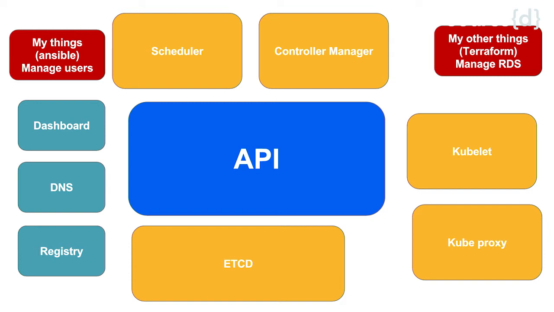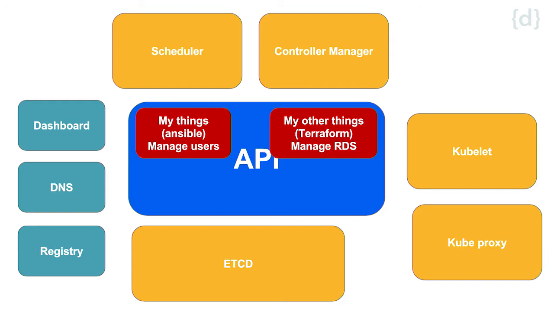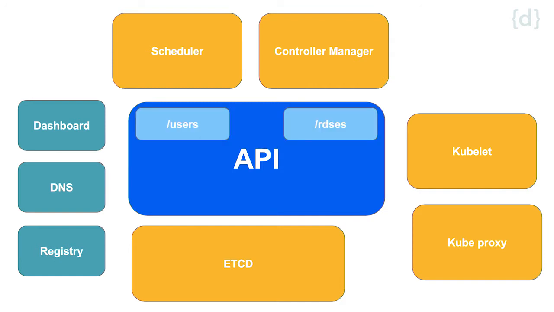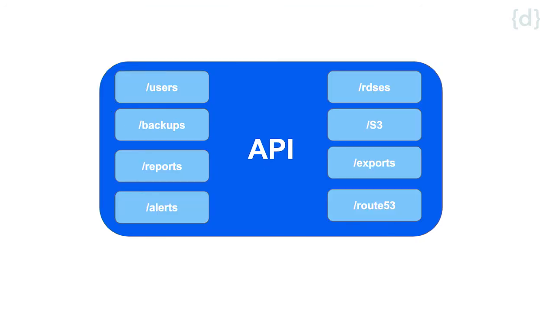But what happens at companies, businesses, is they don't really want to run Kubernetes. What they want is to build something that makes sense for them, something that makes them money. And then they need other things, like I need to manage my users, and I have to manage my databases and all these other things that Kubernetes is not very good at doing yet. Because what we really want to do is to get all these other things and put them in this API. Remember these two controls that I was talking about? Now you have the possibility of putting these things inside. And then we convert these different things into APIs. And you end up with this.